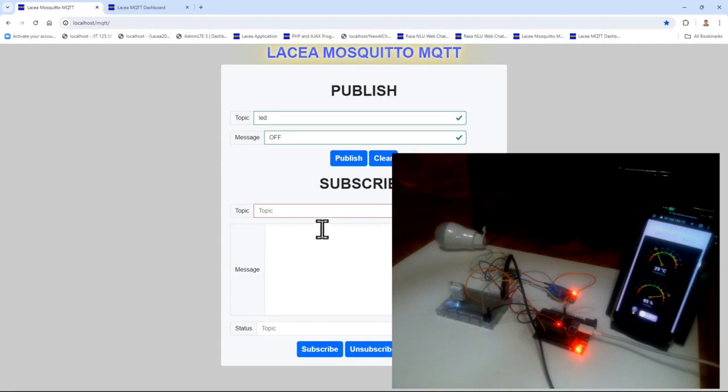We can also subscribe to our microcontroller, and the topic that we would like to subscribe to is temperature and humidity. It must be written in small letters because that is case sensitive.